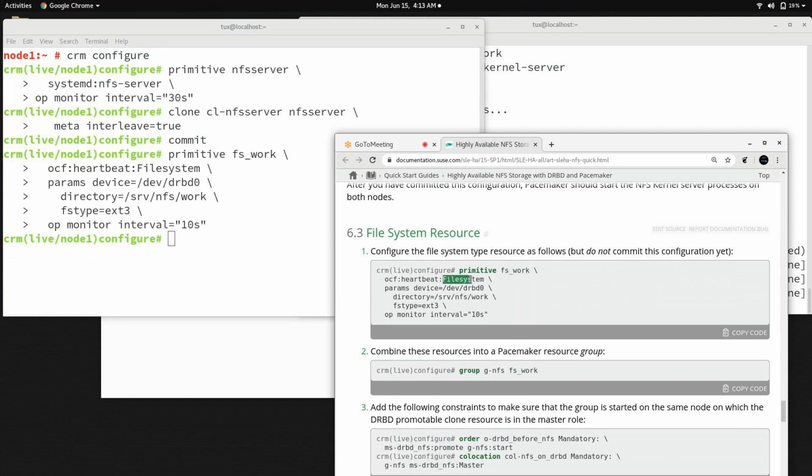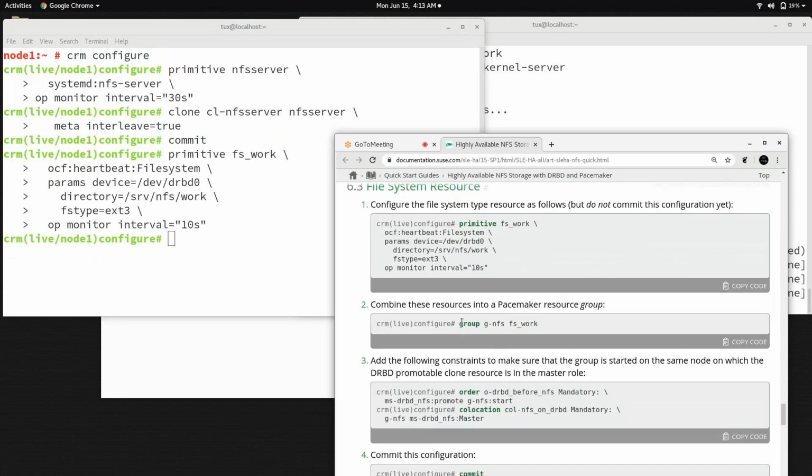This is basically a resource agent for the file system, and this is the name of the disk that needs to be mounted here, which is going to be taken care of by the cluster. So the cluster will take care of your disk, and it will be mounted under this directory. The file system type is this, and this is a timeout interval. So you are creating a cluster resource for your file system, which needs to be mounted in a particular location, right? That is the use of this.